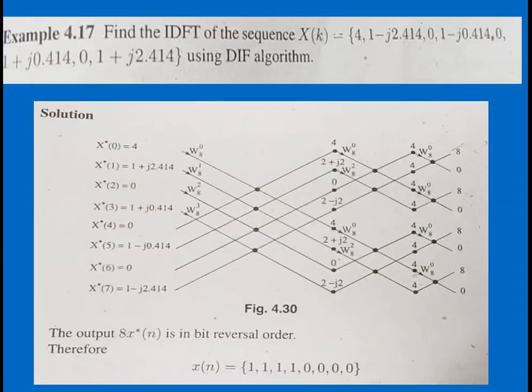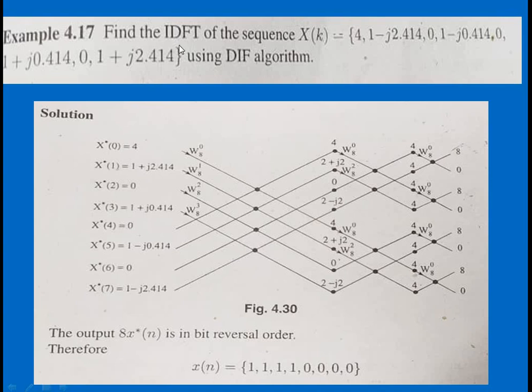And now we'll see it with the DIF algorithm. The given sequence is 1, 2, 3, 4, 5, 6, 7 and 8, so the length of the sequence N is 8. For that we will have 3 stages, and we all know we are just going to make a number of blocks, just the reverse of DIT. Now what we are going to do is reverse the output sequence, not the input. So we write the input sequence as given in the question, right?